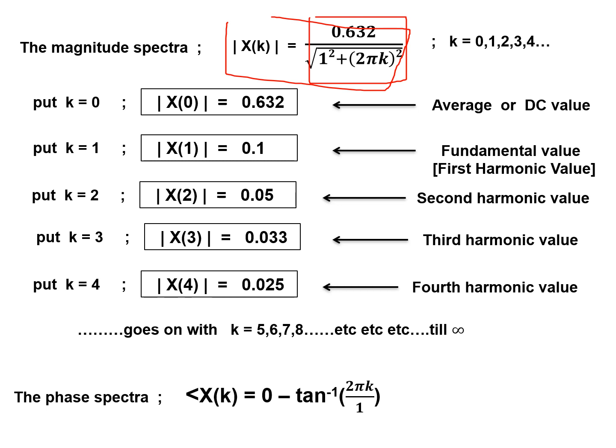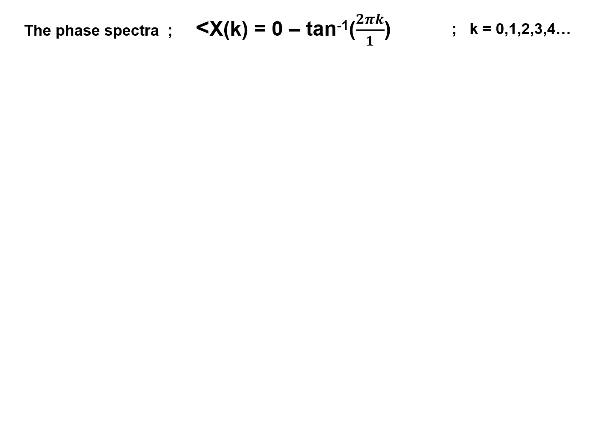So let us see what the phase spectrum values are by putting k is equal to 0, 1, 2, 3, 4. In this equation, I'm going to put and find the angle. When I put k is equal to 0, I'm getting 0 radians. Of course, the first component is 0 hertz, a DC component, so its angle is 0, that is the origin, 0 radians. It's always the case because a DC component doesn't have a phase angle. So at k is equal to 0, the angle becomes 0 radians.